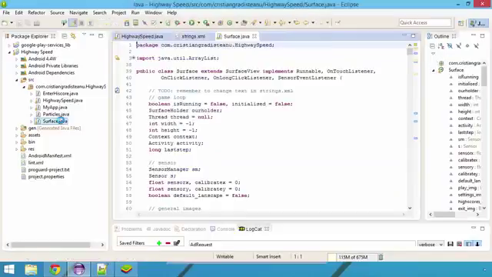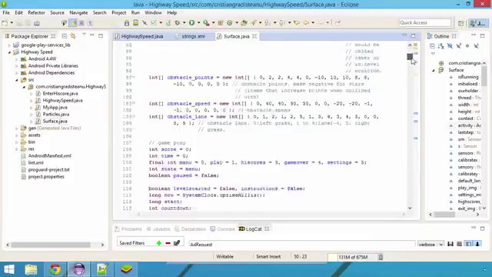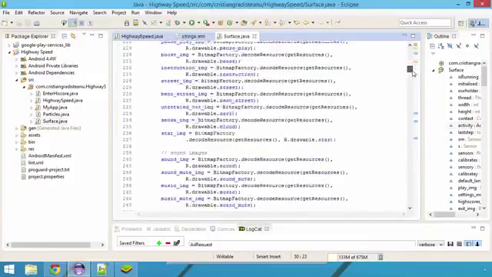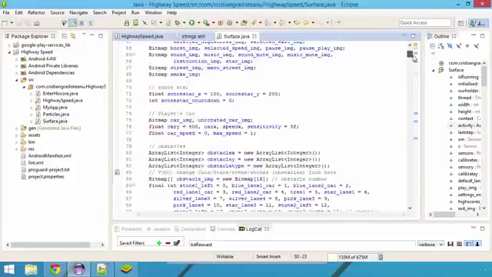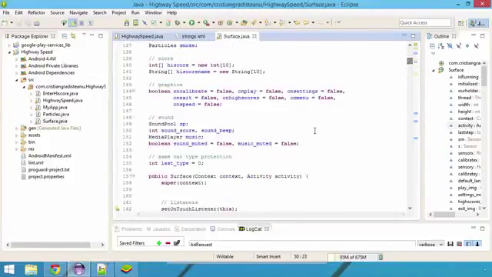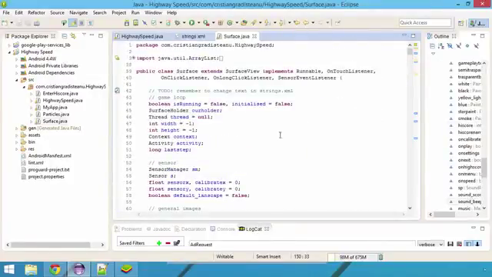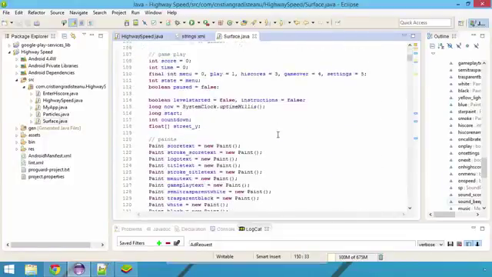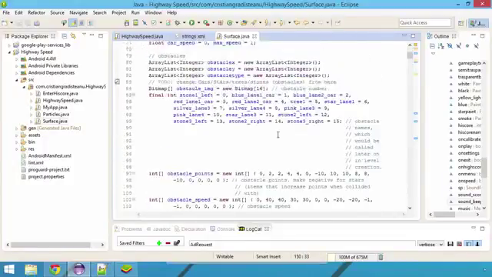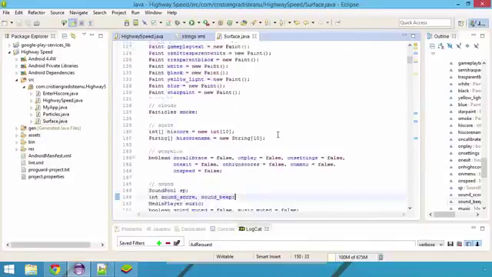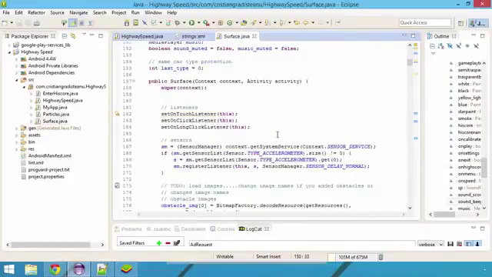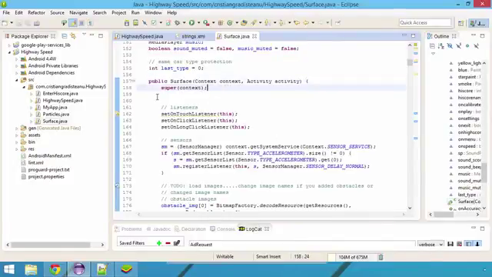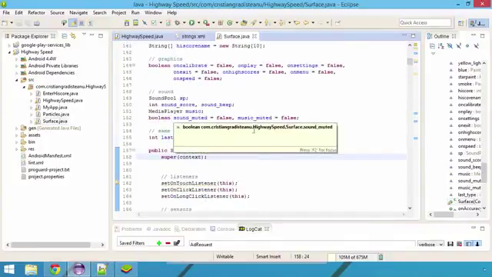Let's get back to our Eclipse editor, and if we open the surface.java file, we can see that all the game logic can be found here. This is the file which deals with graphics loading and displaying, playing sounds and so forth. This means that if we want to display the interstitial ad when the player loses the game, this is the file that we need to edit. We will insert our initialization code inside the surface function, also known as the constructor of this class. It is the first function called when the surface object is created,